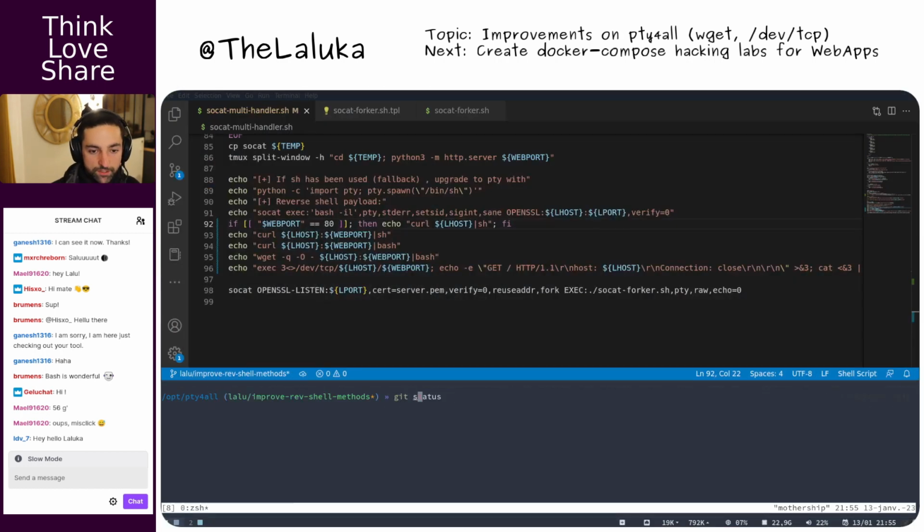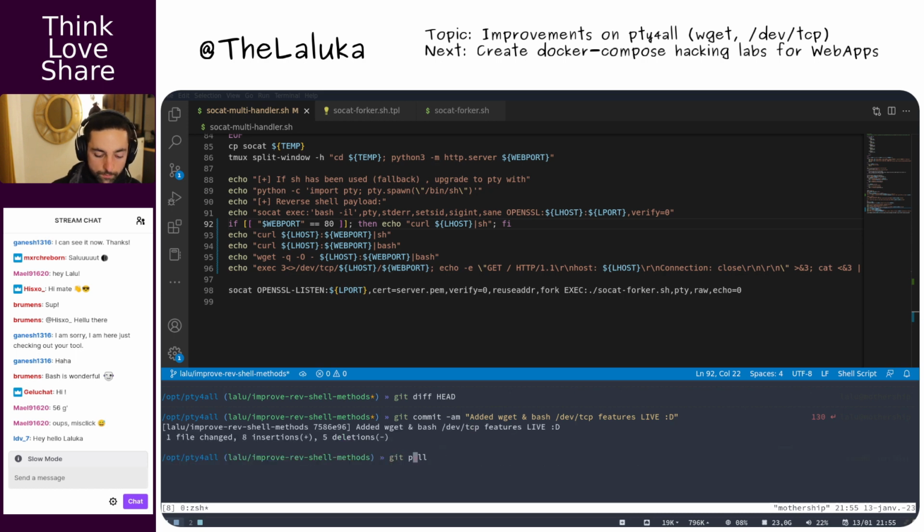Okay, git commit. Added wget and bash dev tcp features. Push.